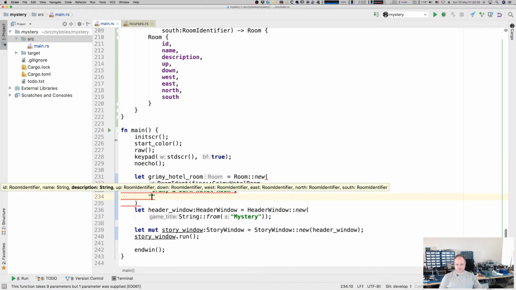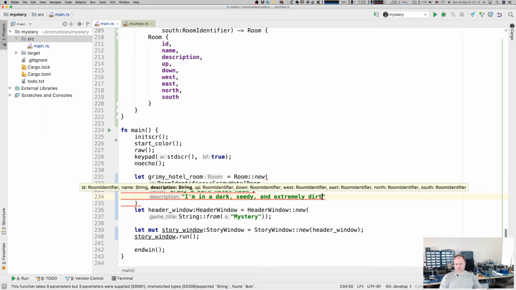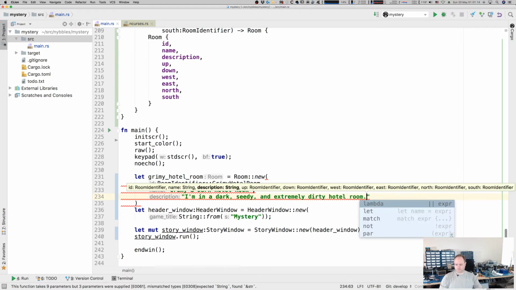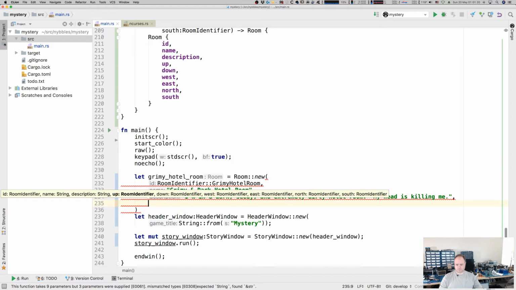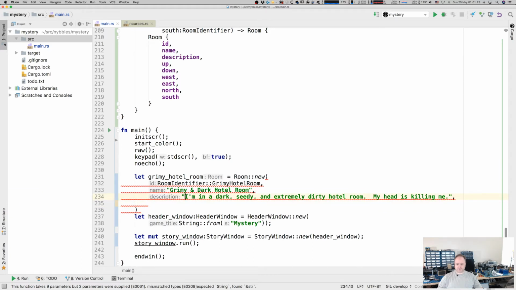And then the description is, I'm in a dark, seedy, and extremely dirty hotel room. My head is killing me. And this